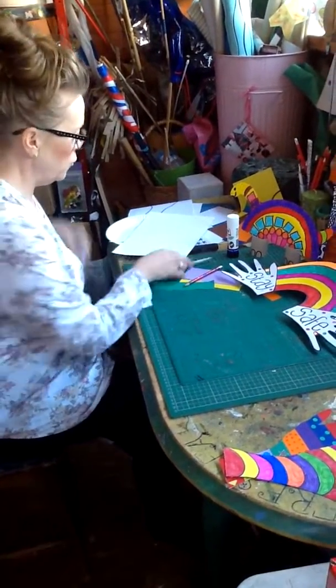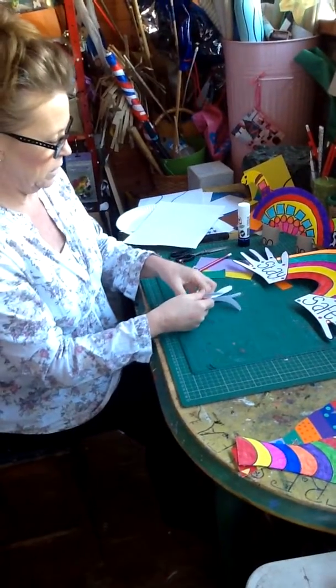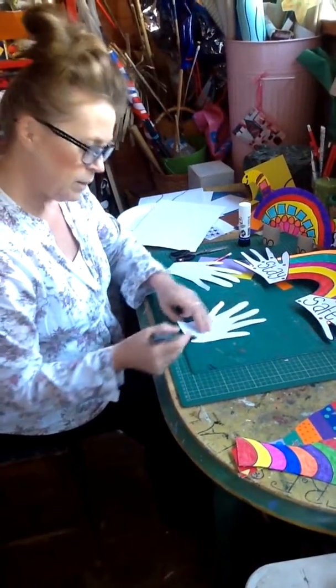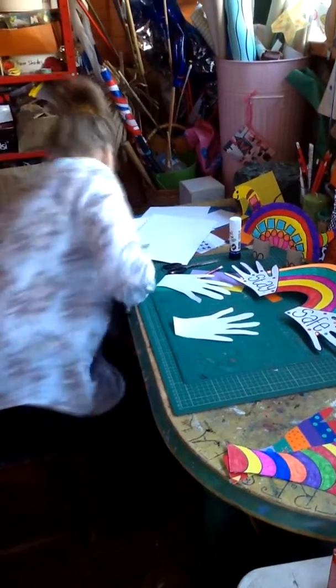Okay, put that on the floor. It's actually quite tidy, my shed today, because normally it's really messy. So you've caught me on a good day. And then what I do is, oops, let me just